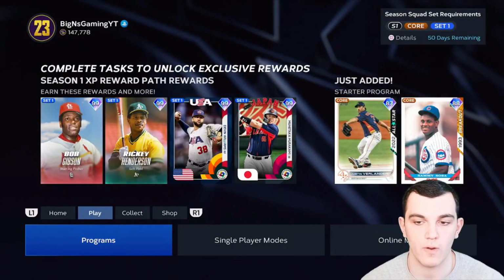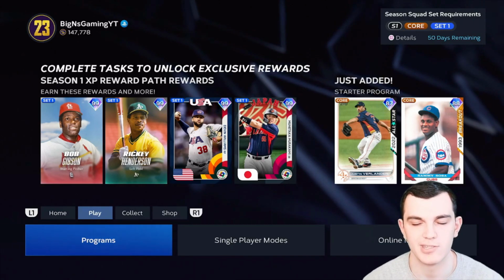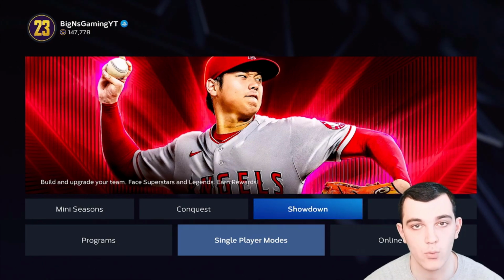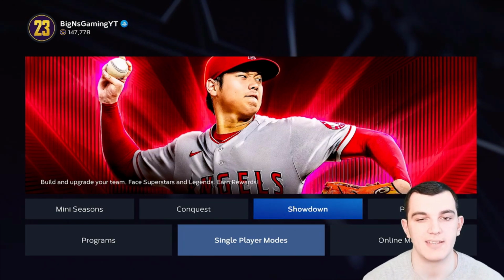So with programs, a lot of the stuff that you're going to be doing to complete them is through Showdown. Now Showdown is a mode that was introduced in MLB The Show 20. So this is the fourth year that Showdown is in Diamond Dynasty. And now I'm a pretty experienced player, so I find it relatively easy, but not many people can say the